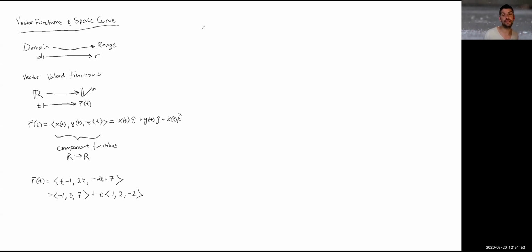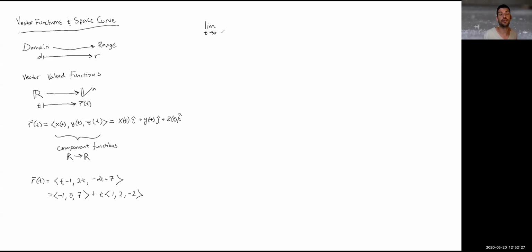A couple of quick things before we dig into some real examples. Because these vectors are defined with functions that we're familiar with, that is real valued functions, functions from real numbers to the real numbers, we can use very simply modified versions of some of the stuff we used for our real valued functions on these vector valued functions. For instance, we can define the limit